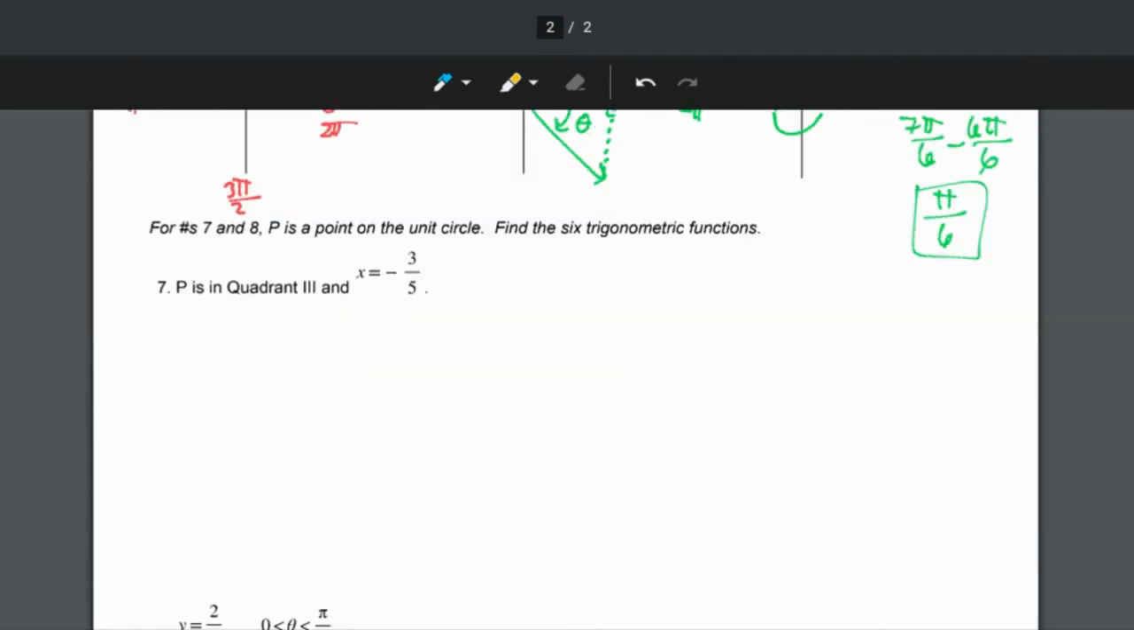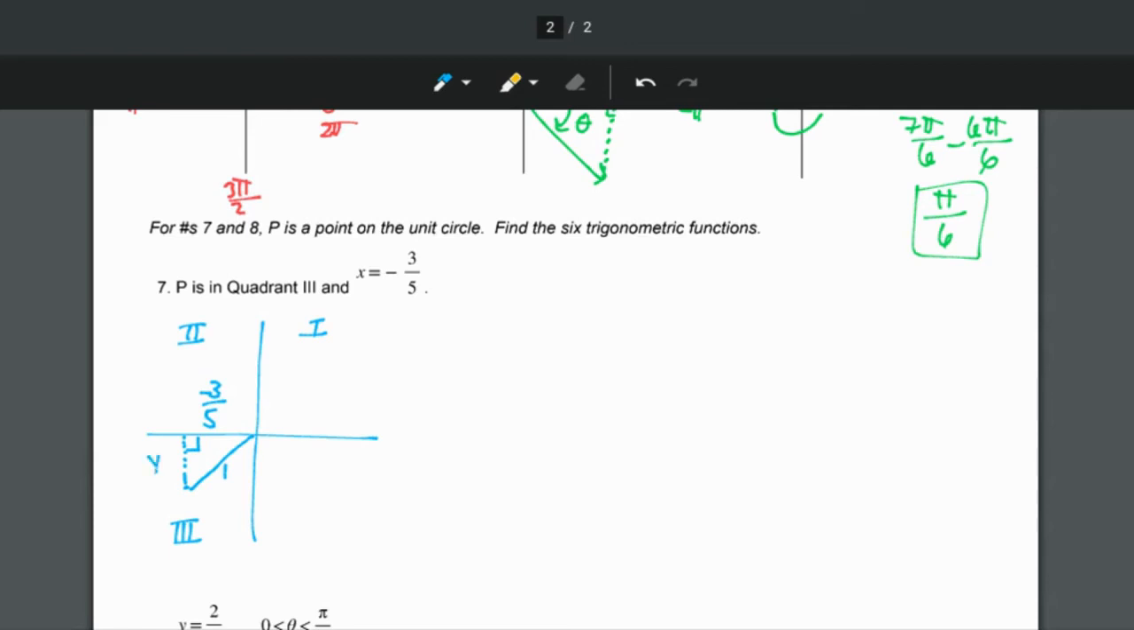For problems 7 and 8, we're going to sketch this point in the coordinate plane, and it says that it is in quadrant 3. So if it's on the unit circle and in quadrant 3, then we know it's a distance of 1 unit to the origin. We've been told that the x-coordinate is negative 3/5,